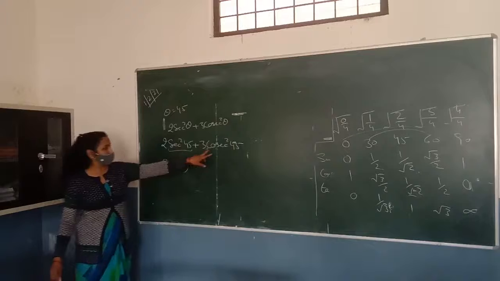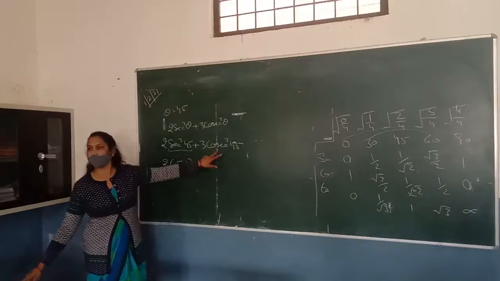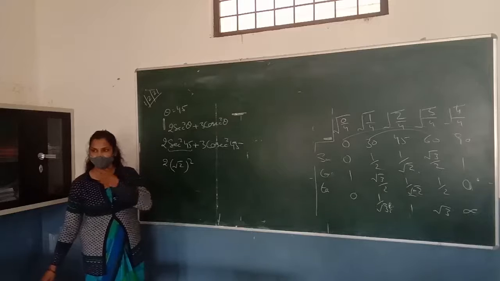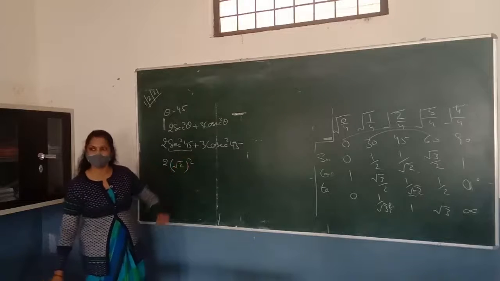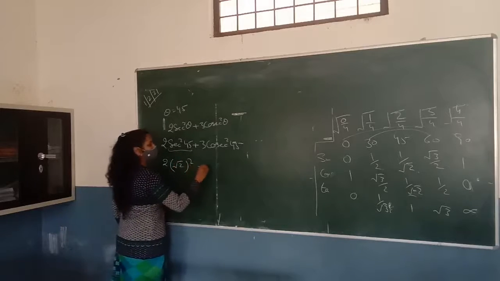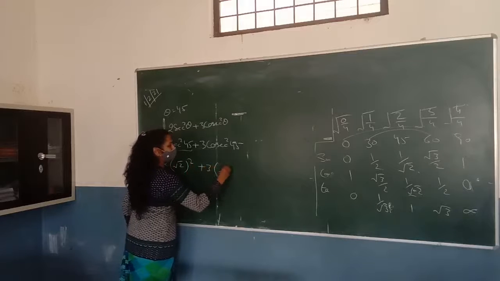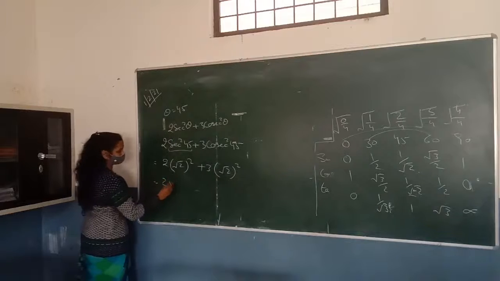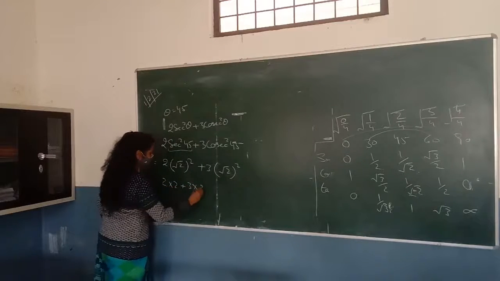Now cosec is the reciprocal of sine. So what is the value of sine 45? 1 upon root 2, and the reciprocal will be root 2. Now can you solve it? So we will do plus 3 into